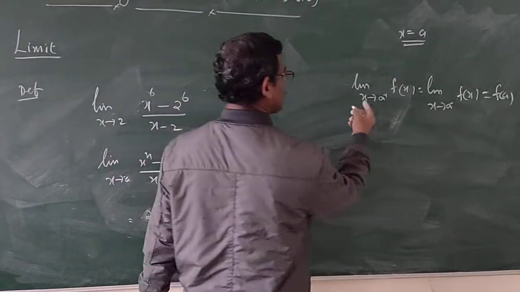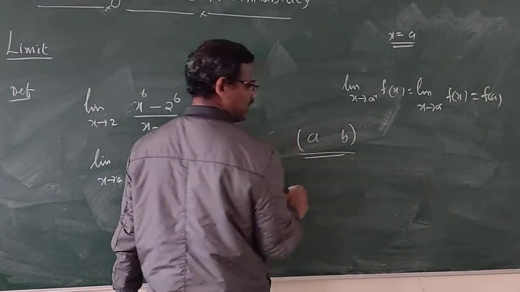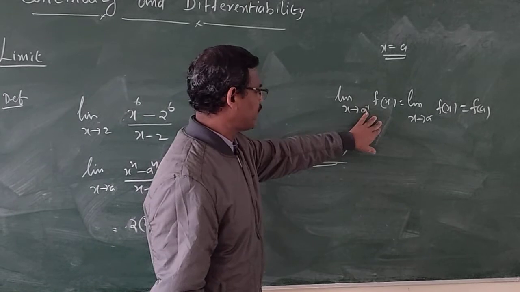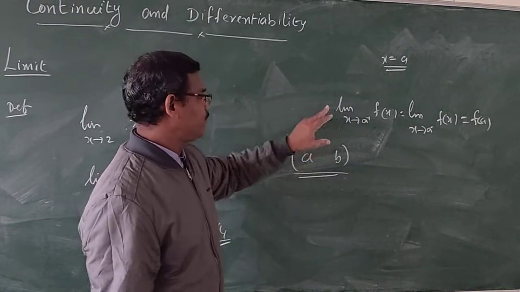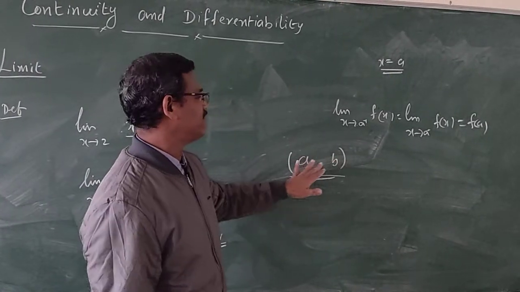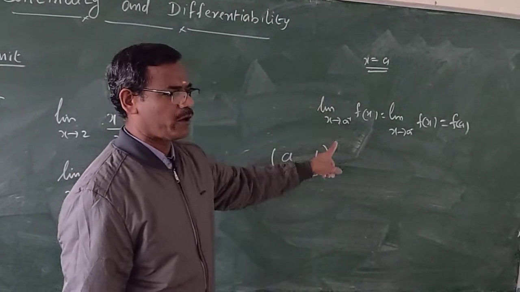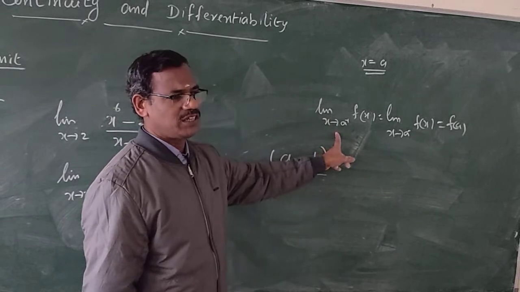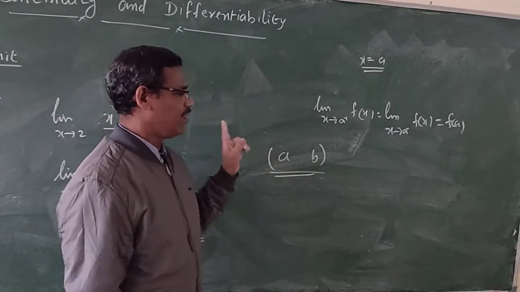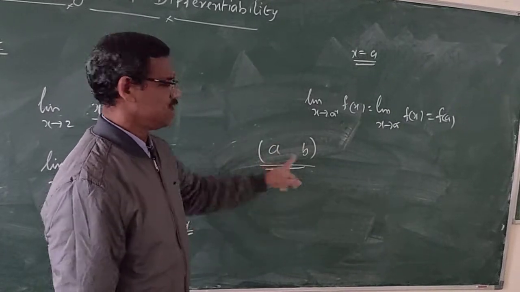Now, this is the continuity at a point. Suppose I want to find out the continuity in a particular interval, say (a, b), an open interval. We use this continuity at a particular point for defining this. So if the function is continuous at all points of this interval, then we can say that it is continuous in the interval. So first you should know what the continuity at a point is. This is the definition. And the continuity in an interval comes when the function is continuous at all points of this interval, then it can be called continuous in this open interval.